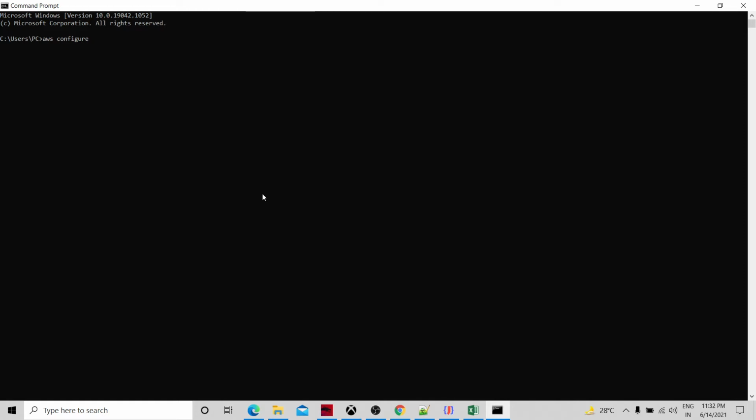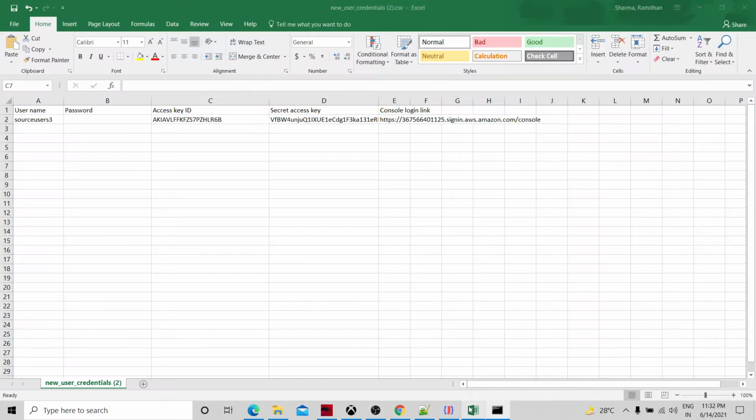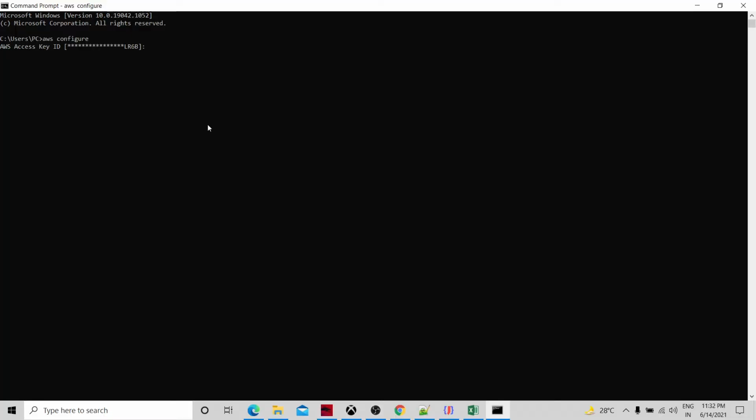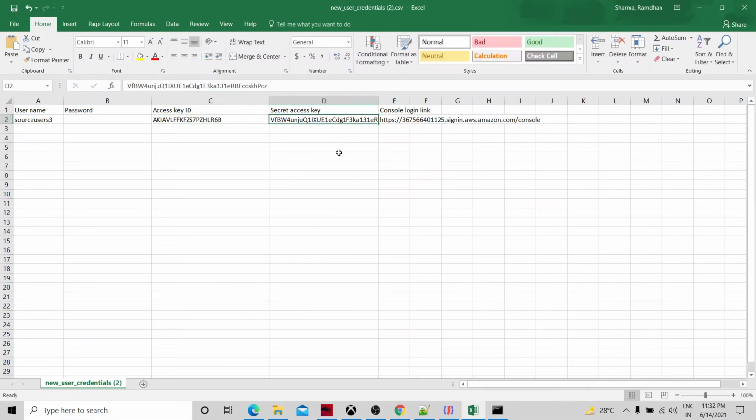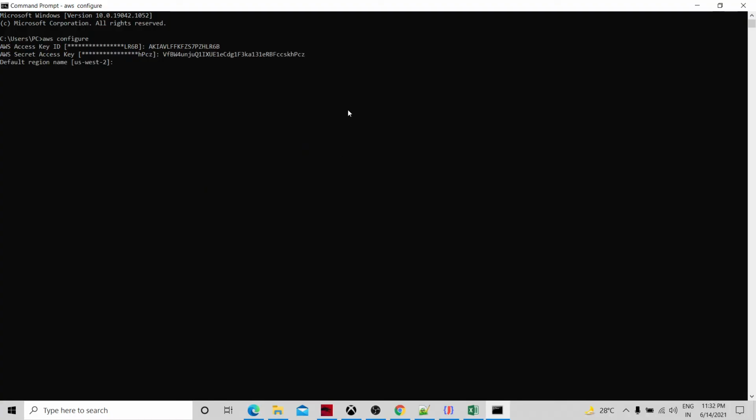Okay, you need to run this command, AWS configure, and it is going to ask for the access key ID. So what you are going to do is give the access key ID from that download.csv. Okay, so give the access key, and then it will ask for the secret key. Then it will ask for the region name, which is asking for a region name, and then the JSON output format. If you are not giving these third and fourth values, it's okay. You just press enter and it will be filled in.